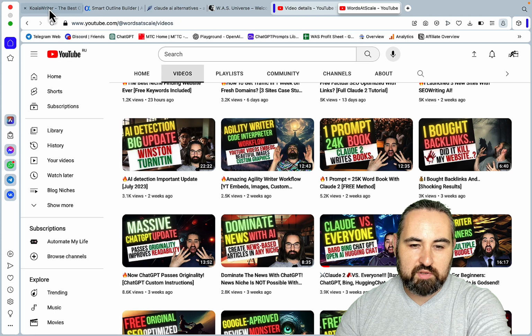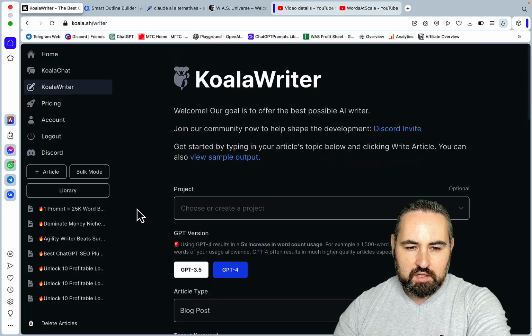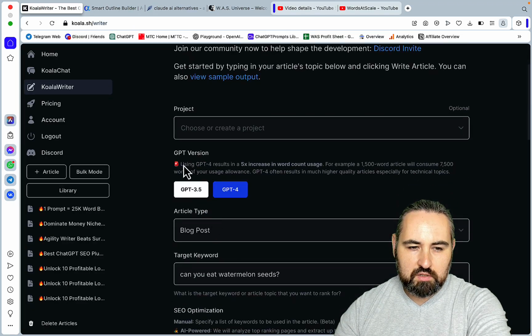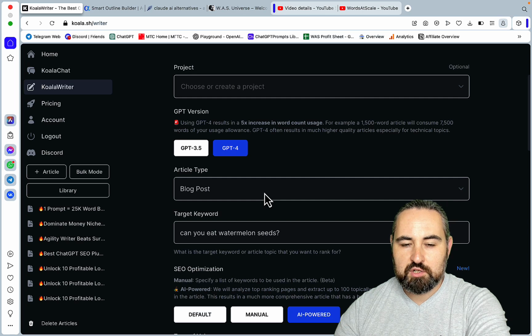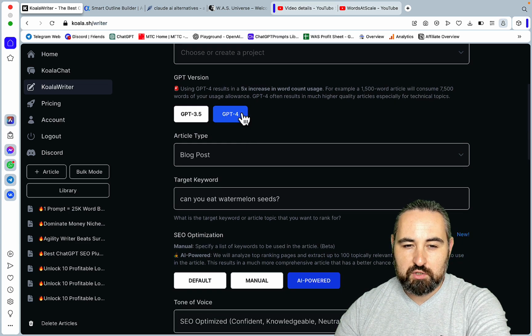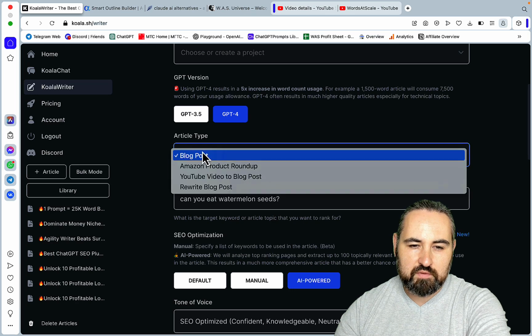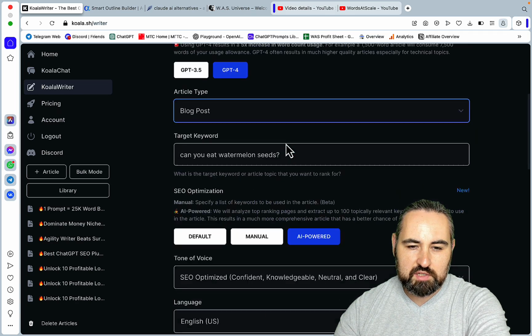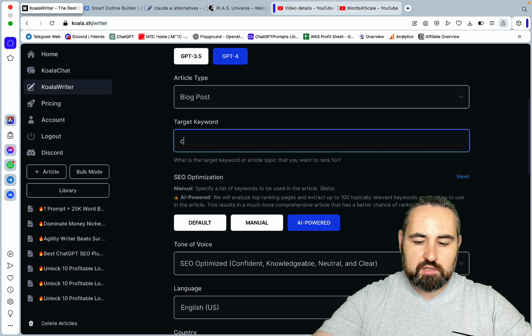So we will start with Koala Writer. You need to go to the main interface, click on Koala Writer. I will choose GPT-4. And mind you, Agility Writer does not have this model selection function. They use a hybrid of the two models. But here with Koala Writer, you can choose GPT-4. We'll choose the article type, which is blog post. Then the target keyword is going to be Claude